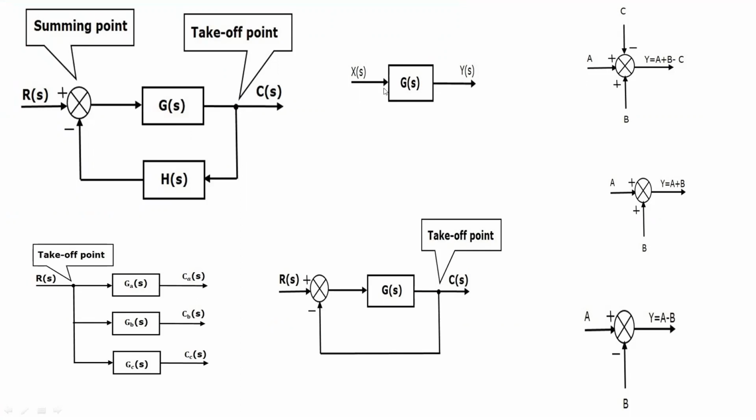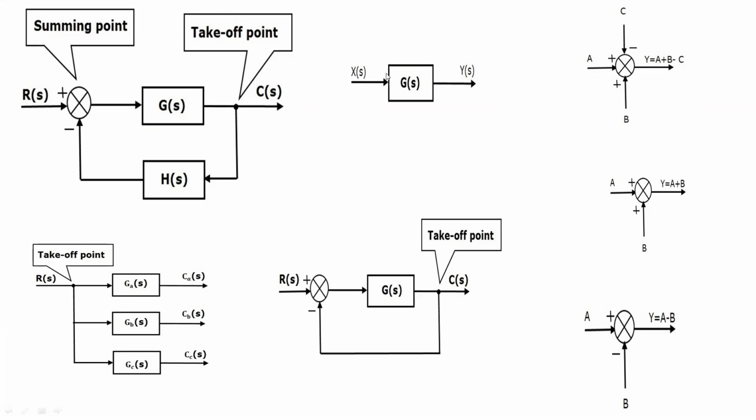Now let's consider them individually. This is a block. The transfer function of a component is represented by a block which has a single input and single output. The following figure shows a block having an input X of S and an output Y of S, with the transfer function G of S. So the transfer function G of S is equal to Y of S divided by X of S, or the output Y of S is nothing but G of S into X of S. So we can say that the output of the block is obtained by multiplying the transfer function of the block